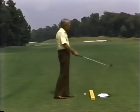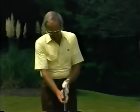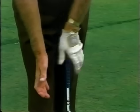And to accomplish that sense of movement, I would ask you to work on your grip, to hold the club lightly enough that you can feel the weight in the head of the club. There's not one grip that fits every golfer because their hand size and grip strength will vary. But in general, we would like for the club to be in the fingers of the left hand enough that